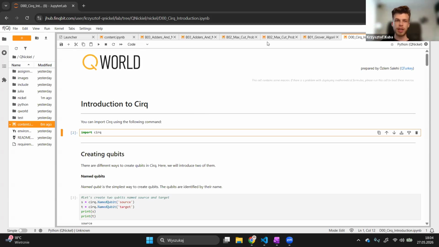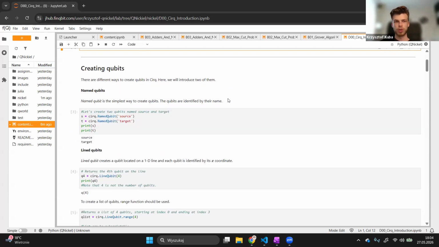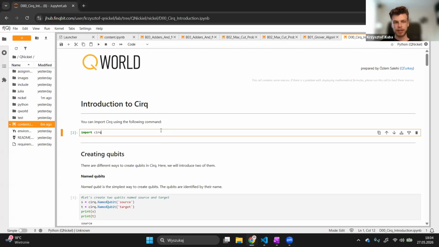But yeah, so today we're going to start a new programming language, which is Cirq. And this is a quantum computing language provided by Google. And we will also remind ourselves about Grover's algorithm. So quite a lot of stuff to do, but